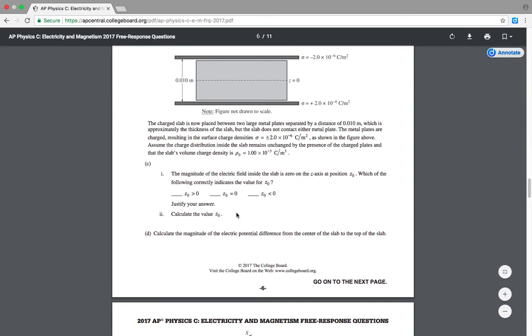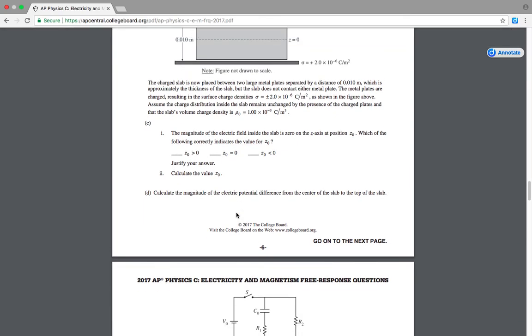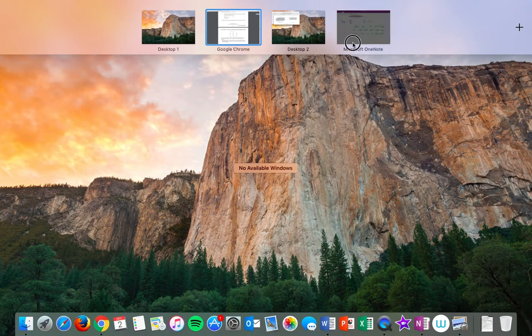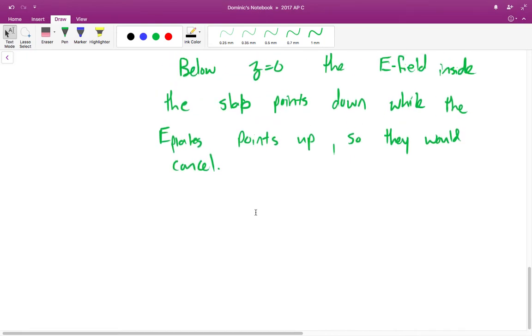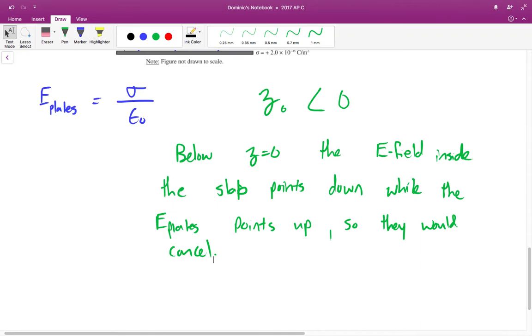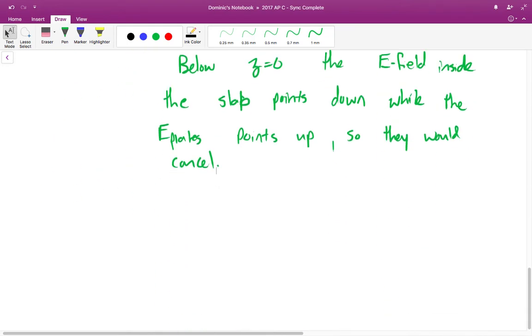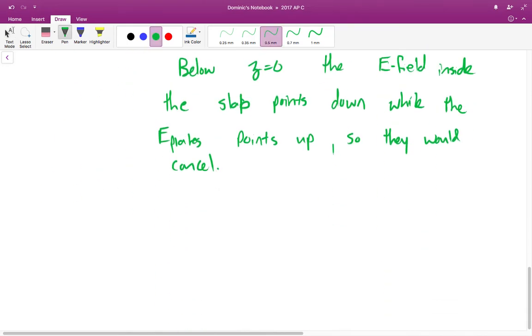All right, so then the last part to here, or I guess not the last part, part 2 of part C, we want to calculate z naught, okay? So to calculate z naught, what we want to do is we want to know some kind of equation that represents the net electric field in between the plates, set it equal to 0, and then solve for z, okay? So E net, so let's think about this for a minute. The net electric field,